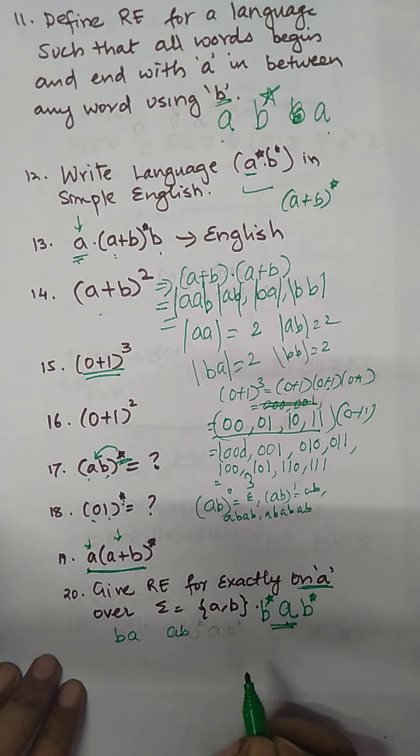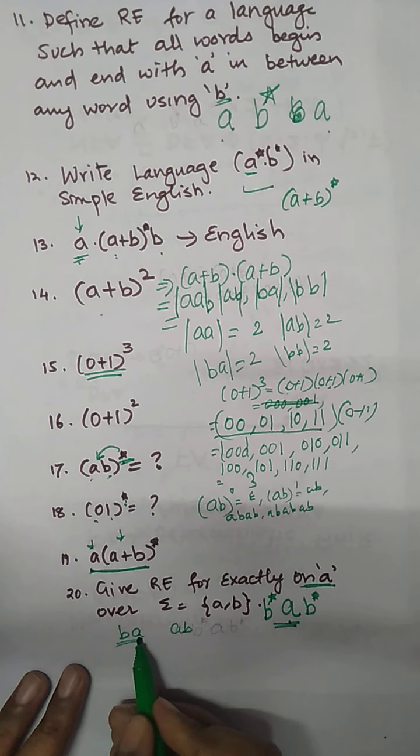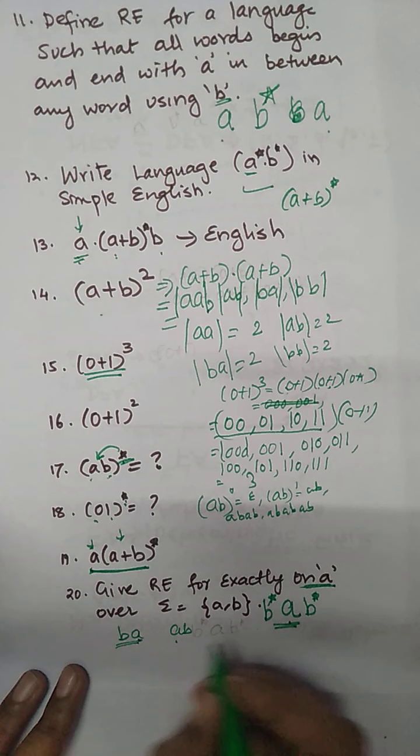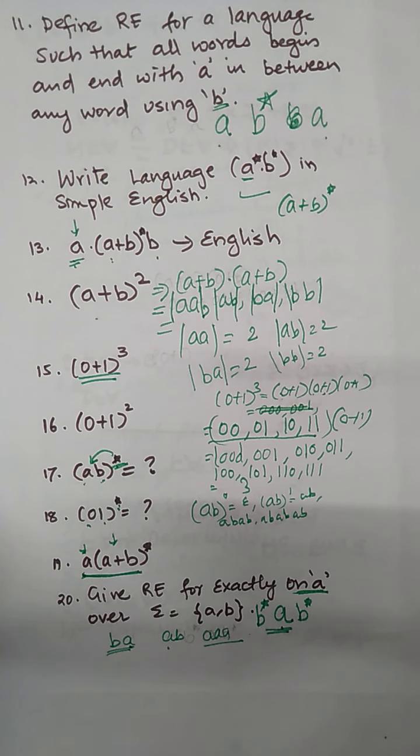It is not mentioned that we should have a single a. We should have exactly 1 a, but maintaining the balance of b. That is, we can have this kind of string, which also contains exactly 1 a. This kind of string also has exactly 1 a. We cannot have multiple a. Okay, so we'll stop here.